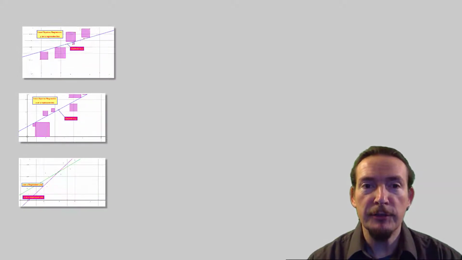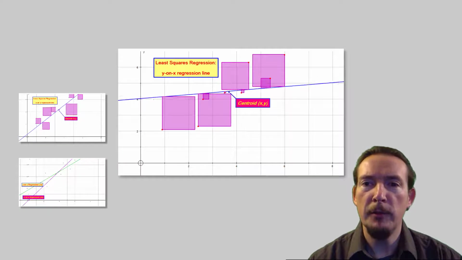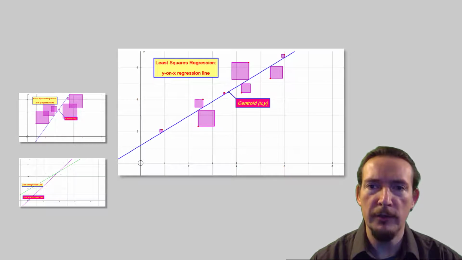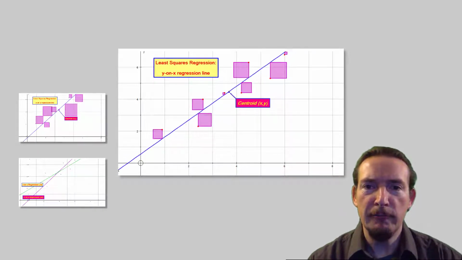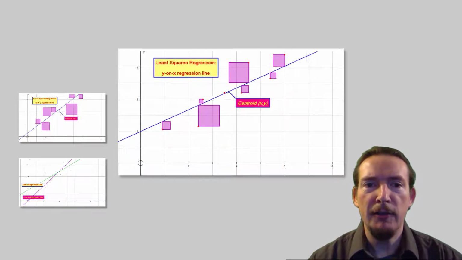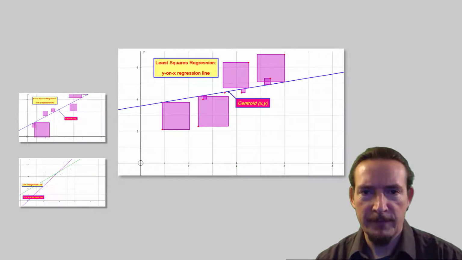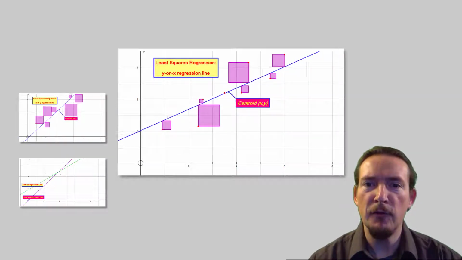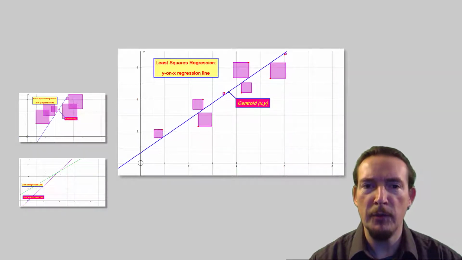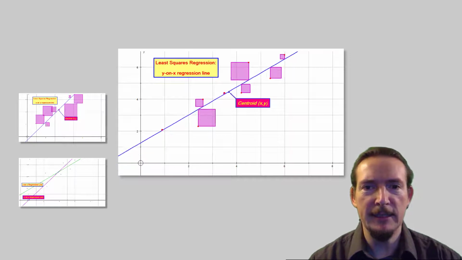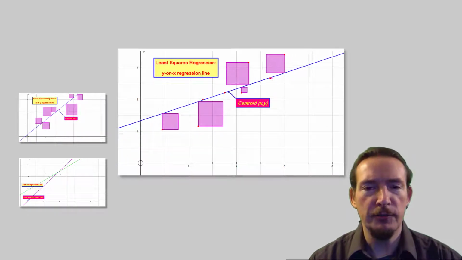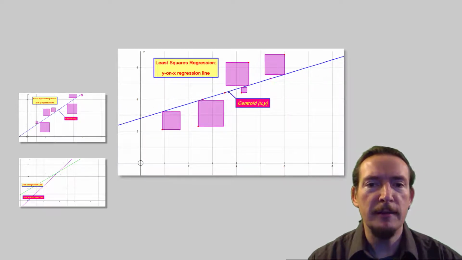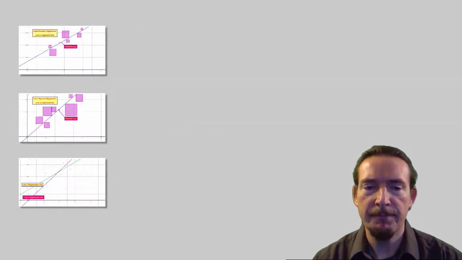Now, least squares regression imagines drawing squares from the plotted points to a line of best fit angled through the centroid, or x bar y bar coordinate, and then mathematically jiggling this about until the areas of all the squares are minimized. This graph shows a y on x regression. You can tell because the squares are formed by dropping lines vertically from the plotted points to the regression line. You can see as I angle it, those squares get larger and smaller, and we're aiming to get them all as small as possible so that when we add them up, the area is minimized.